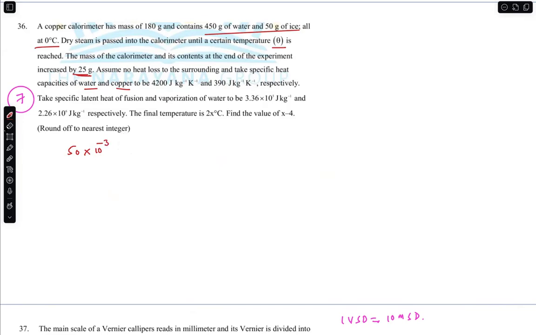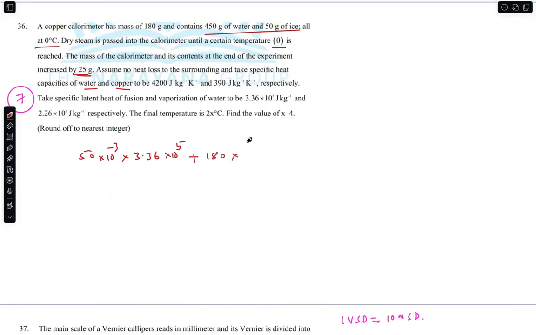See, all are known terms for us. Use everything in calories, no issues. 50 into 80 plus... they have given this in joules here. Okay, right? 50 grams, 50 into 10 power minus 3, into the ice fusion 3.36 into 10 power 5, plus